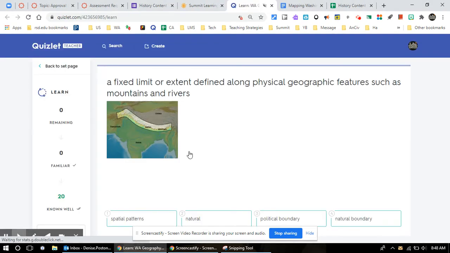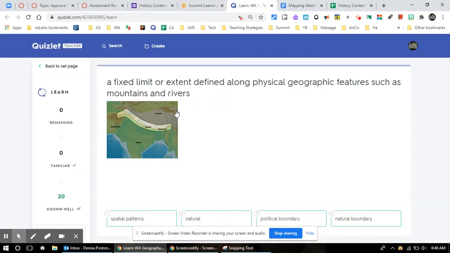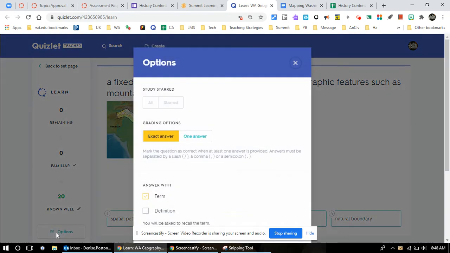If you open it up, you will need a password to get in since you don't have my account, but the practice password goes right there. It has flashcards basically, or practice with multiple choice answers. Right now it's on what they call Learn. So if a student is in here, as they go through, there are options where they can hit here,